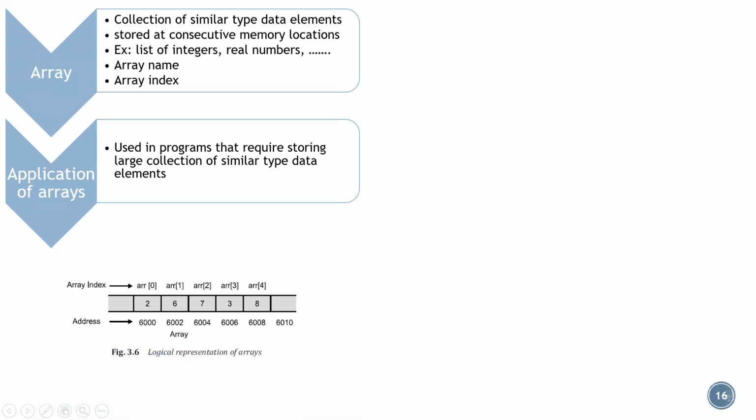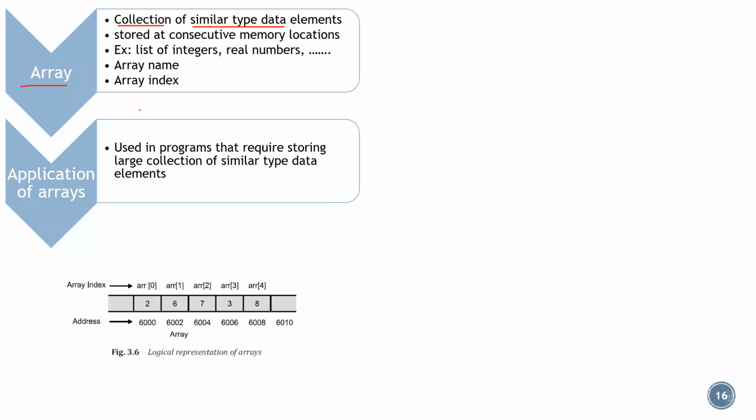Okay, now we'll have a brief discussion of all those things we have specified, and later we'll have an in-depth discussion regarding all these data structures. So the first one is the array. An array, by definition, is a collection of similar data types. All the data elements present in the array will be of the same type. If you declare an array of integer type, all the elements will be integer type. If you declare a float, then all the elements in the array will be of float type. So this is with respect to the array.